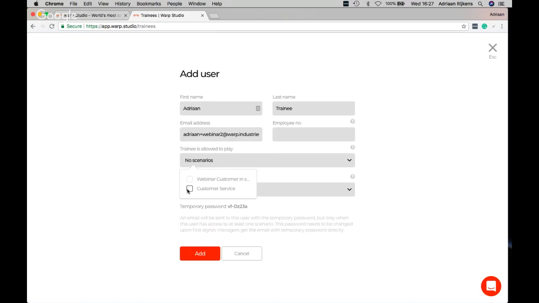So I will, in this case, already assign customer service, which we just created for ourselves, to myself, and or to this new trainee. And we can actually also select, is this user a trainee or a manager? So a manager will be able to log into the Warp Studio, but in this case it's a trainee because we only want this trainee to play videos or play scenarios on this VR headset. So now I select add,